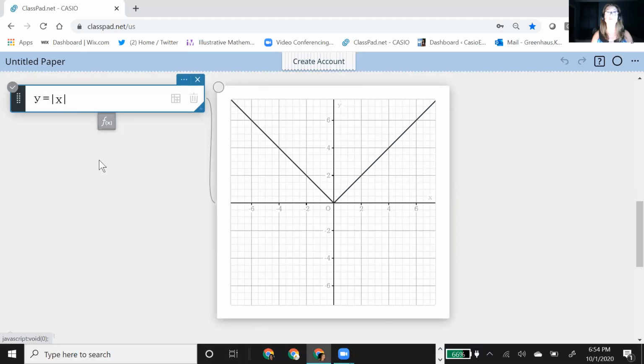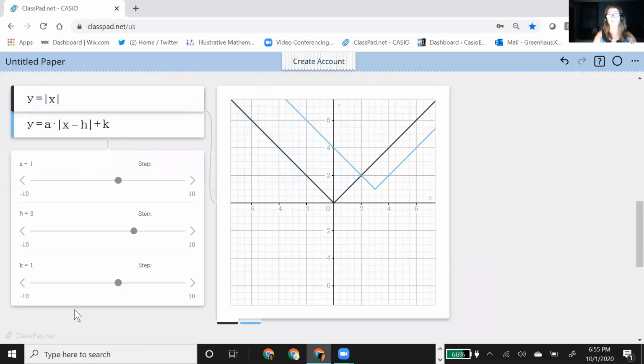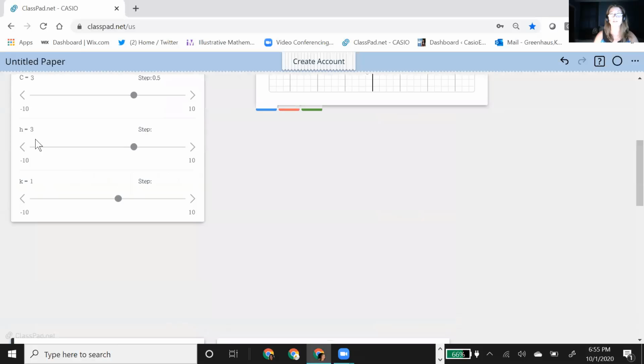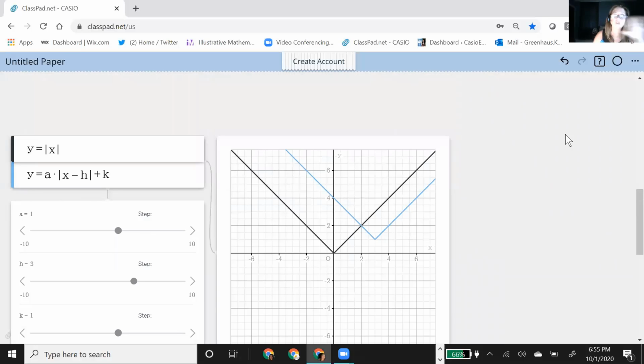I don't want that to move, but now I'm going to use the standard form, and I'm hoping that because this is a lowercase a, it will not be the same as the A up above, but I do want the same H and K because I wanted to show you this is a really nice connection. It creates new sliders down here, but notice this H and K are 3 and 1, so are this H and K, because the paper understands that anytime you use that variable, even though this is a different graph, it's the same variable.